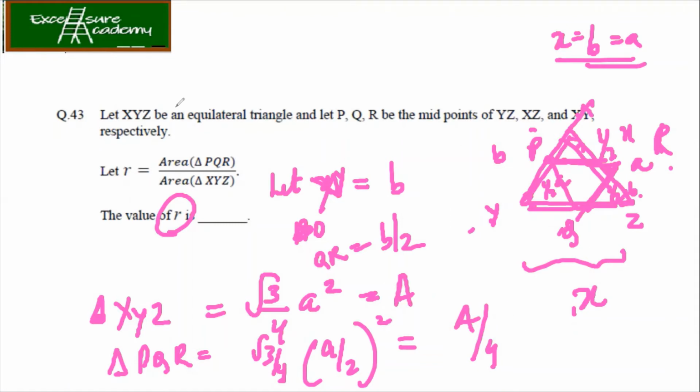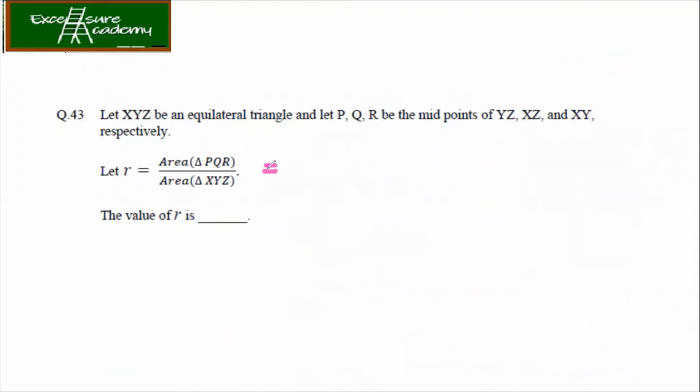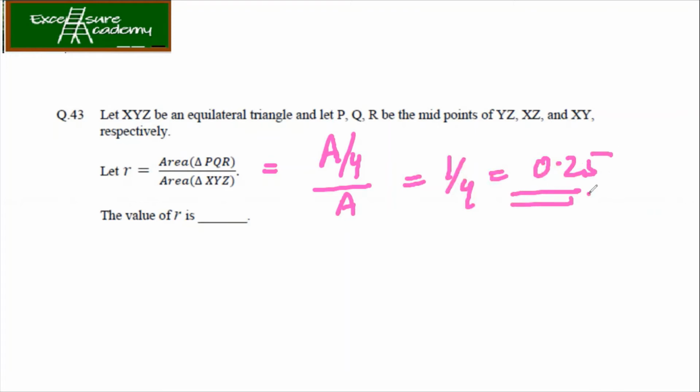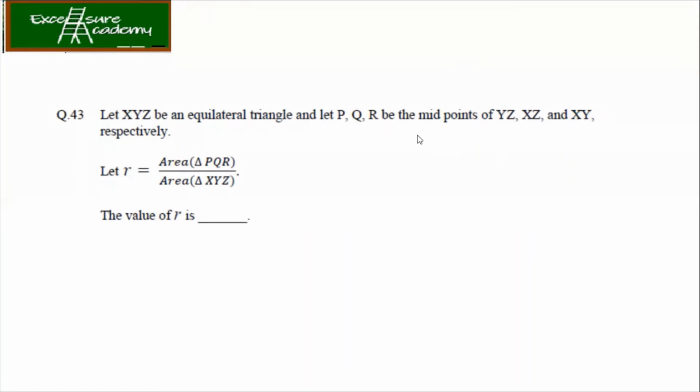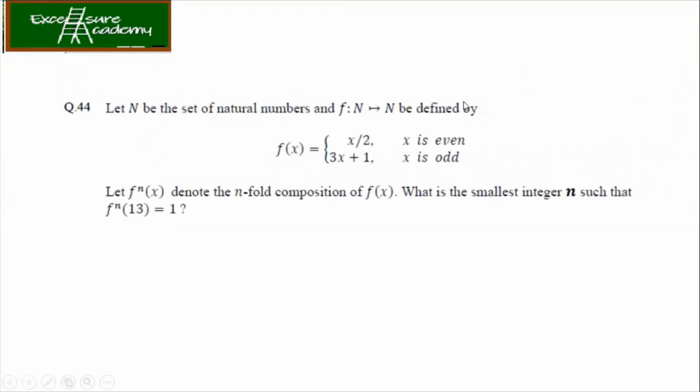Now R. So what is R now? If you put the values over here, R is then A by 4 by A. That is 1 by 4. It is your 0.25. So your R is 0.25. Okay. I hope this is clear. Let's move on to the next question. So maths is something where you have to have patience. Take out your pen and paper, start writing, because it's not easy if you don't solve it, and if you guess it, then definitely there will be some mistakes happening.